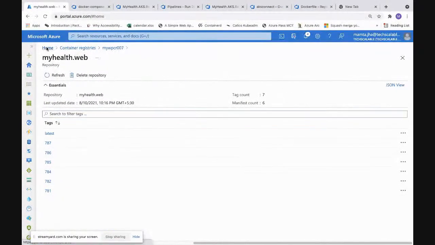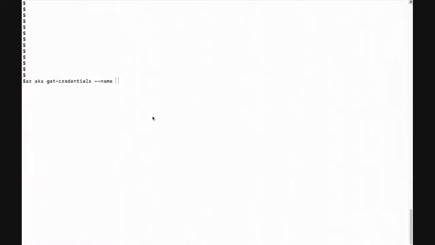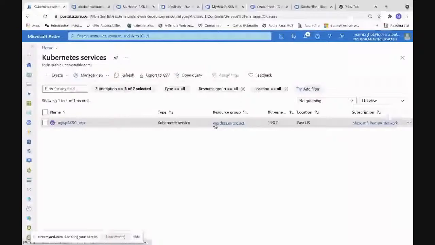I would give the name of the cluster. Let me fetch it from here so that I don't make a mistake. And after that, you give the name of the resource group, this resource group in which I want to connect to this cluster. It will fetch a configuration file so that it can communicate with my cluster.